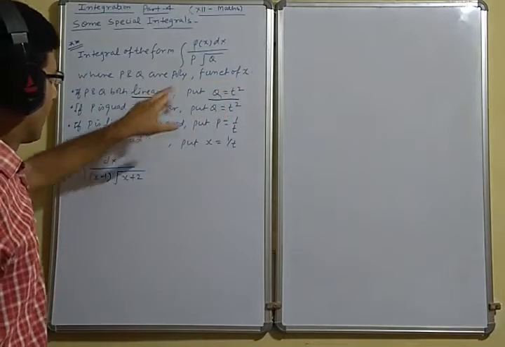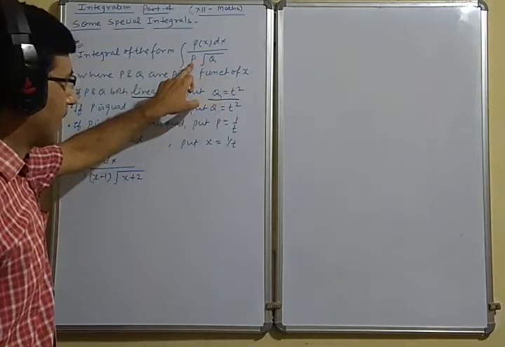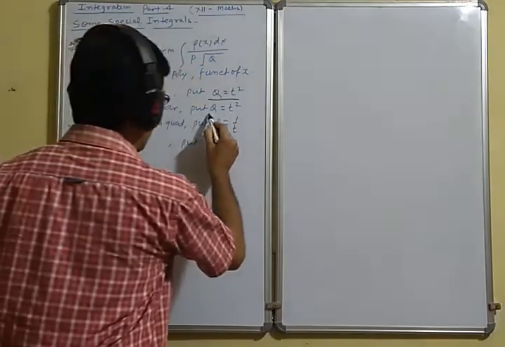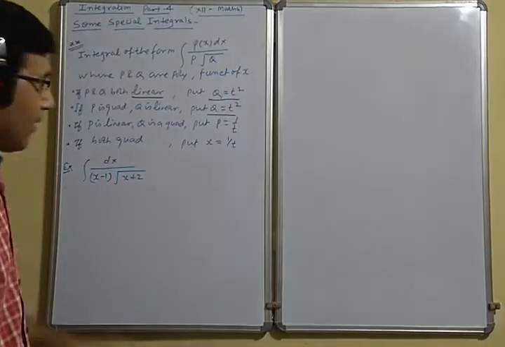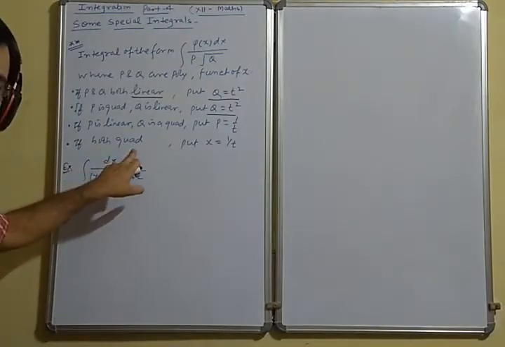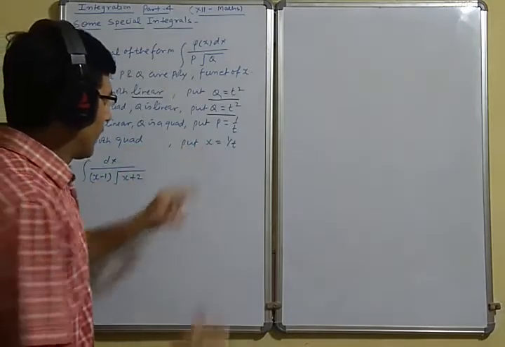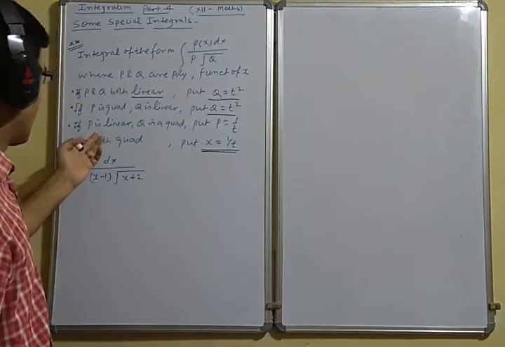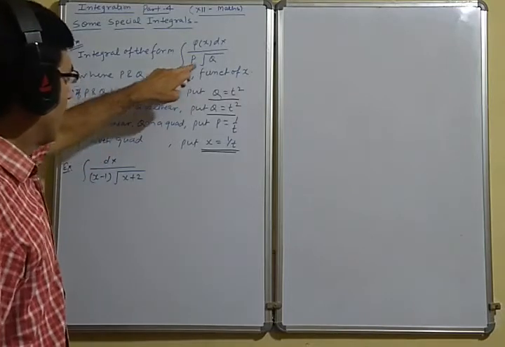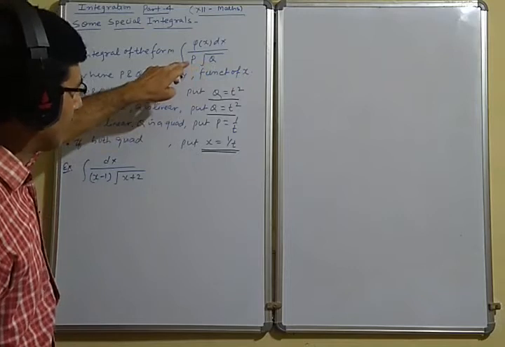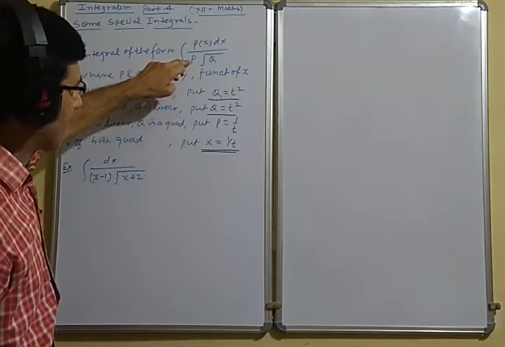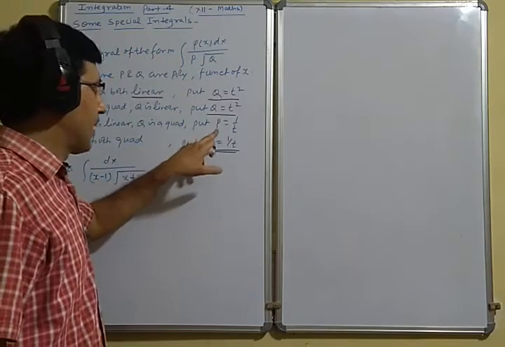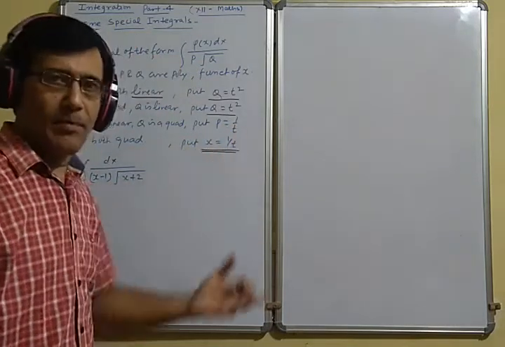If q is linear and p is quadratic, then in that case once again q is equal to t square. But if both are quadratic, then here we simply take x is equal to 1 upon t. And the last one, p is linear and q is quadratic. In that case, we take p, whatever the function of x or any other polynomial, and simply take p is equal to 1 upon t to simplify it.